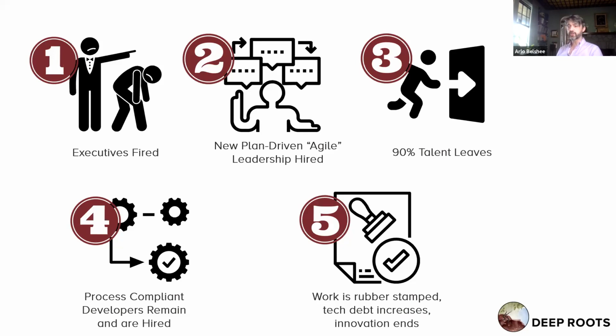There was a new set of Agile people brought in from a different company who had had a successful Agile transformation from the top down. Thou shalt do it our way, and we will call it Agile. It was extremely plan-driven. It was exactly all the things which the Agile people decry as terrible. As a result, 90% of the top talent leaves.